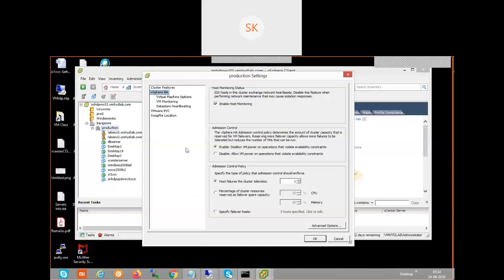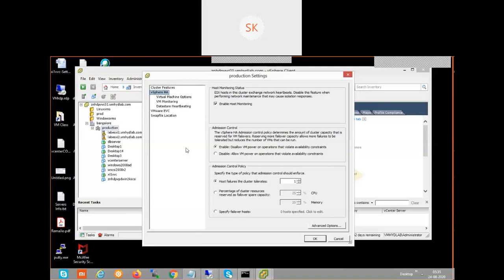I need to configure the cluster in such a way that, for the CPU and memory resources management, we need to make a calculation that if one ESXi host is down, there should be sufficient resources on the other ESXi host. If I go with this particular option, host failure cluster tolerates equal to 1, what is it going to do?